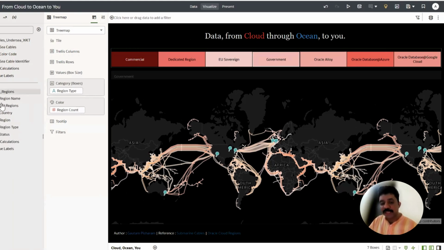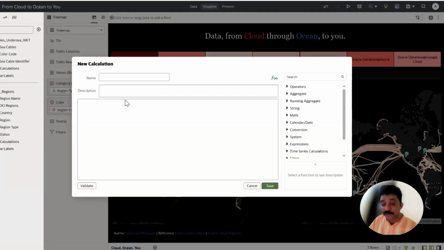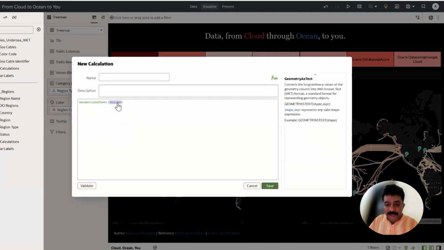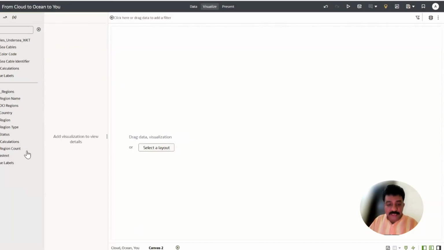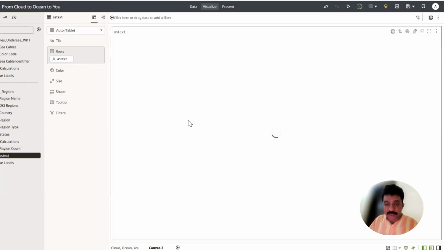And similarly, under OCI region, I have the OCI region as well. So if I have to create a calculation for my OCI region, you will see the second flavor of it. So let's say if I do geometry as text and then just select my OCI regions and click on the save,